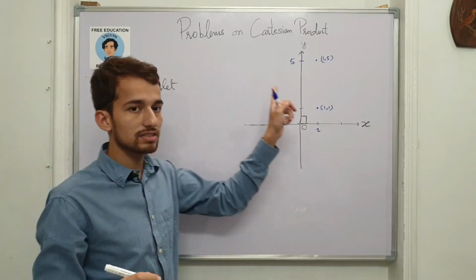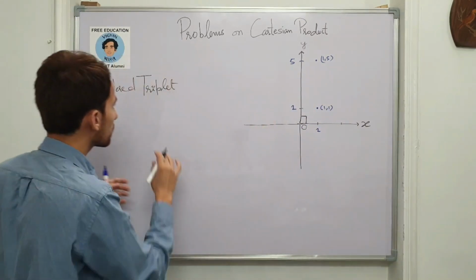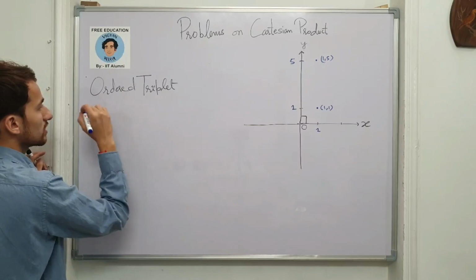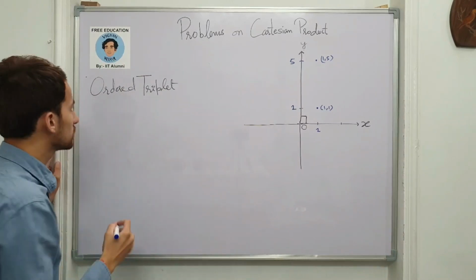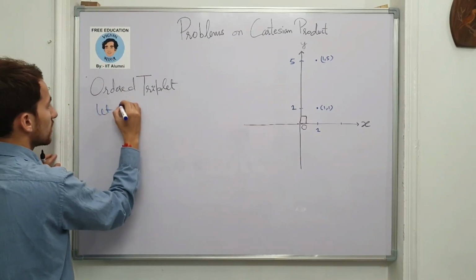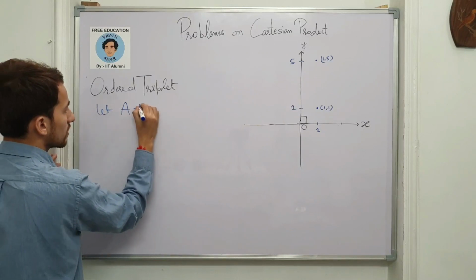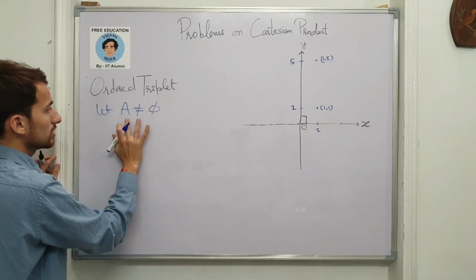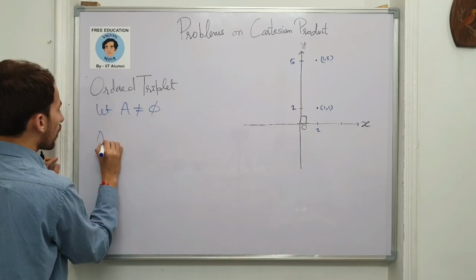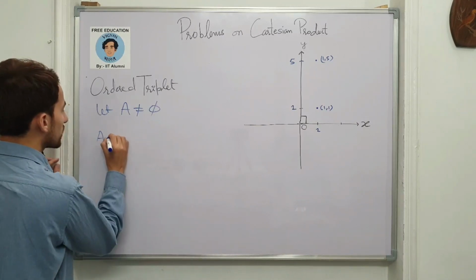All those points in the xy plane were ordered pairs. The ordered triplet is defined. Let's go forward to the definition. Let A, I'm writing in short now, be a non-empty set. Then the ordered triplet has this notation,